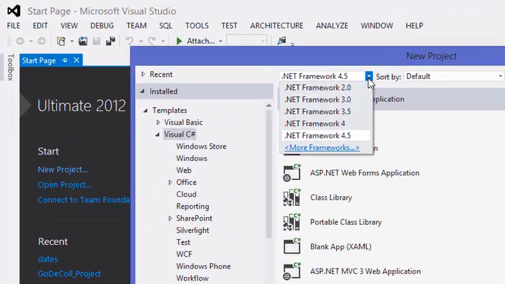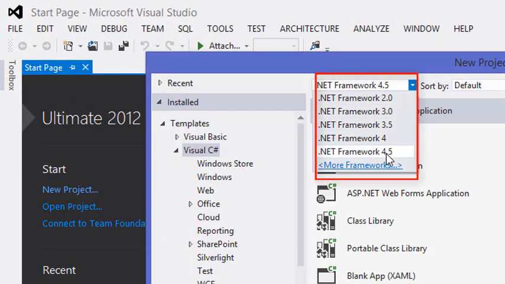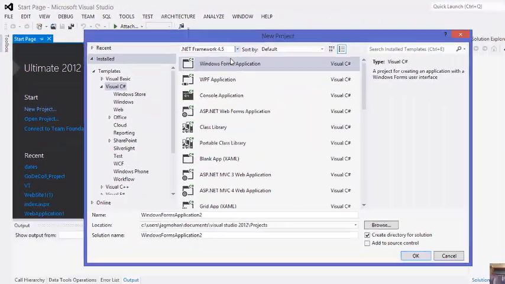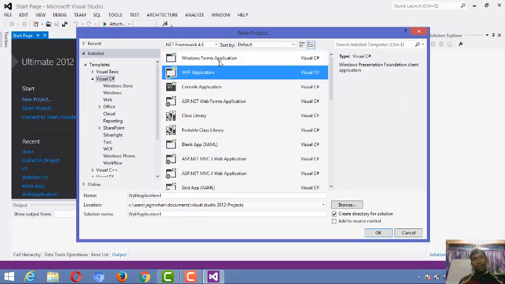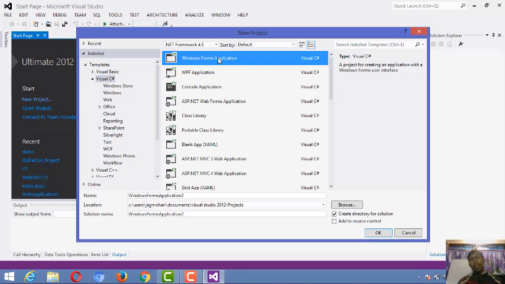You must know what frames we have and which is the best one today, the latest one, that is 4.5. With this we can run the applications. In C# we can start with the fundamentals, which is starting with a Windows Forms application. This is called an application, and the name you are giving is